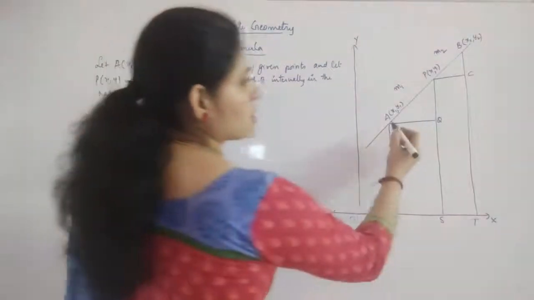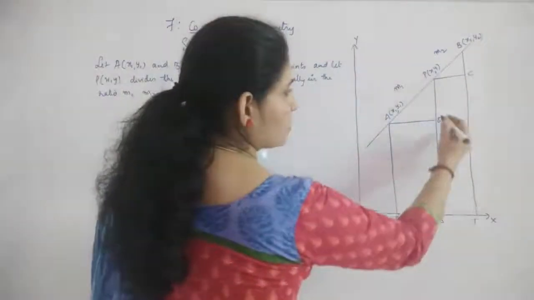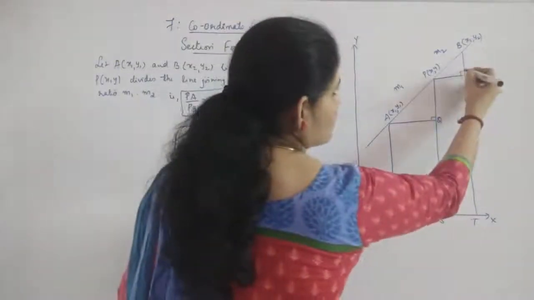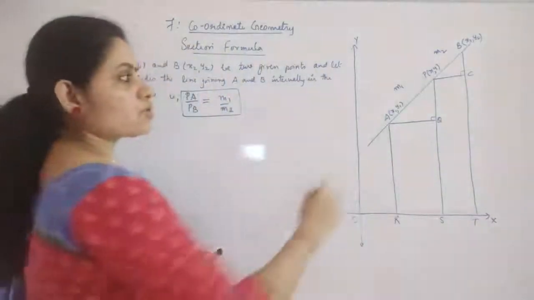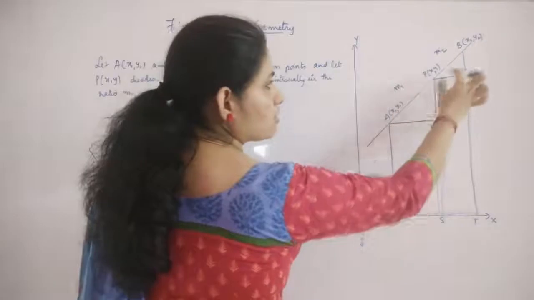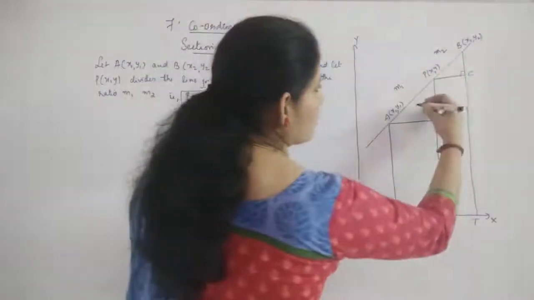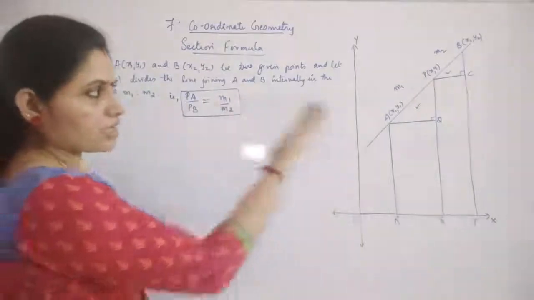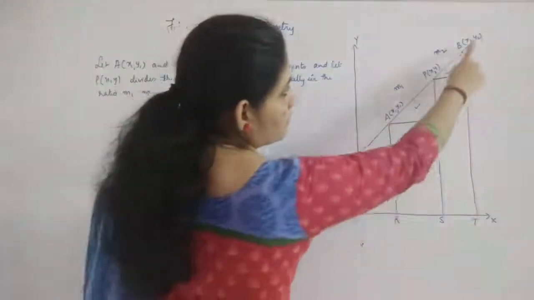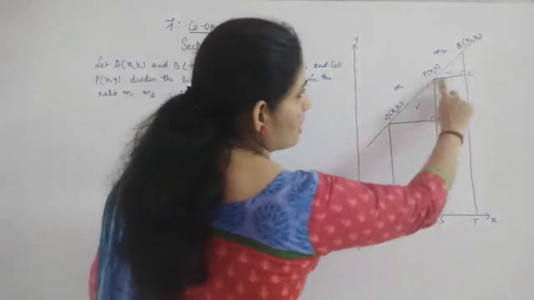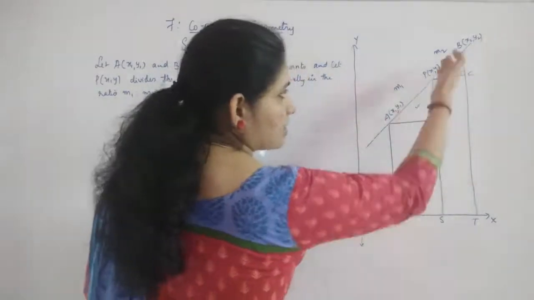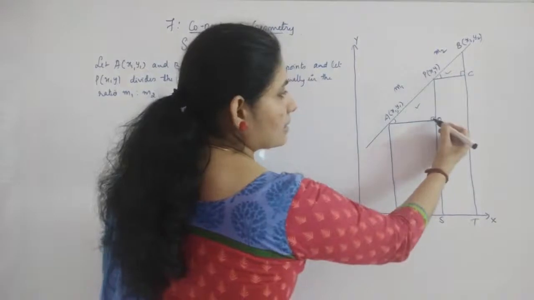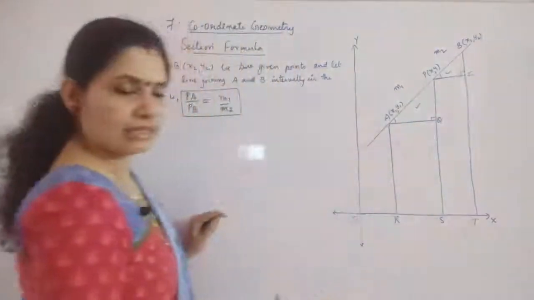Since this is parallel to the x-axis and this is perpendicular to the x-axis, this will be 90, and again this will also be 90. Now our purpose is to show that these two triangles formed here are similar. Whether they are similar or not, we can just see. Since this is a line and these two are parallels, it is acting as a transversal, so this angle will be equal to this angle. Again this angle and this angle are both 90 each.